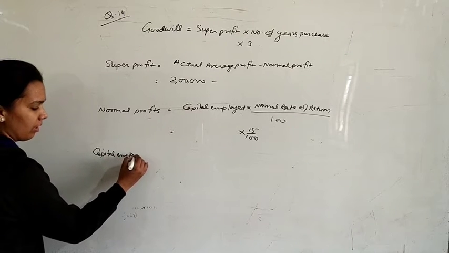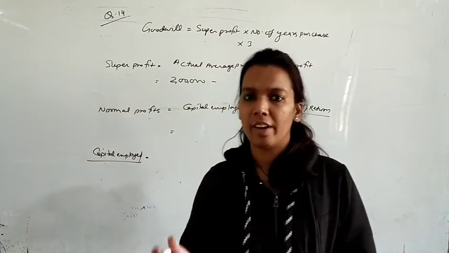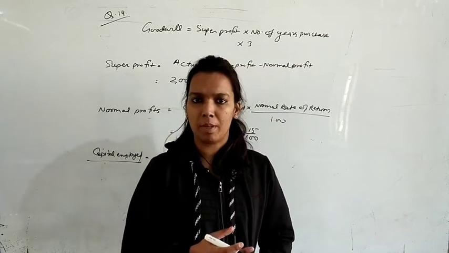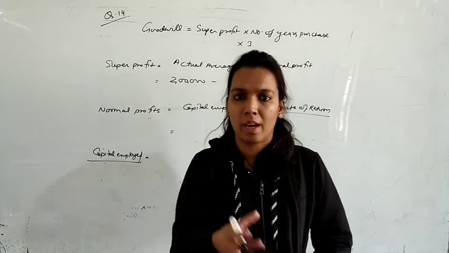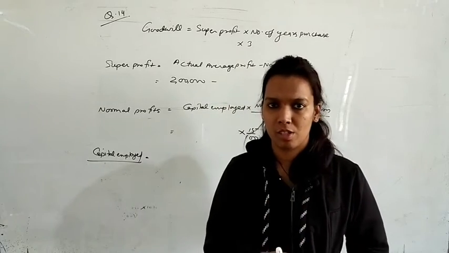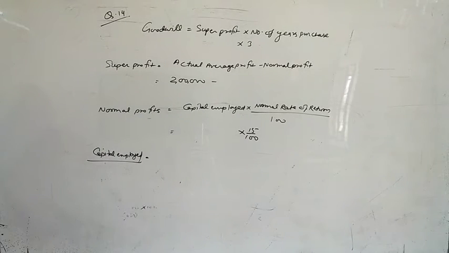As I told you in our last videos, how can we find capital employed? There are two methods of finding capital employed. Either we can find it by liability side or by asset side. Asset side, that is the method that assets minus outside liabilities. Total assets minus outside liabilities, that is creditor, bank loan, whatever. And the second method, that can be total of capitals and reserves. So just see whichever information we have given in the question. According to that we will find. You have partners capital, general reserve, profit and loss account credit balance, and sundry assets. Sundry assets will be ignored here because we don't have any outside liability. So in this question we will find capital employed by the method of liability side.